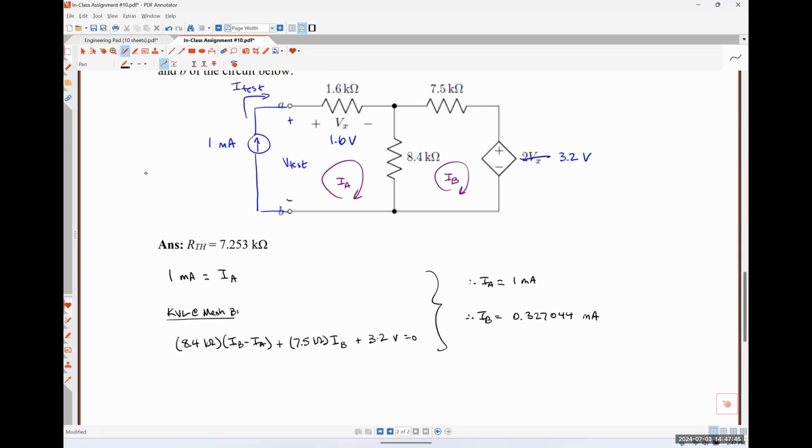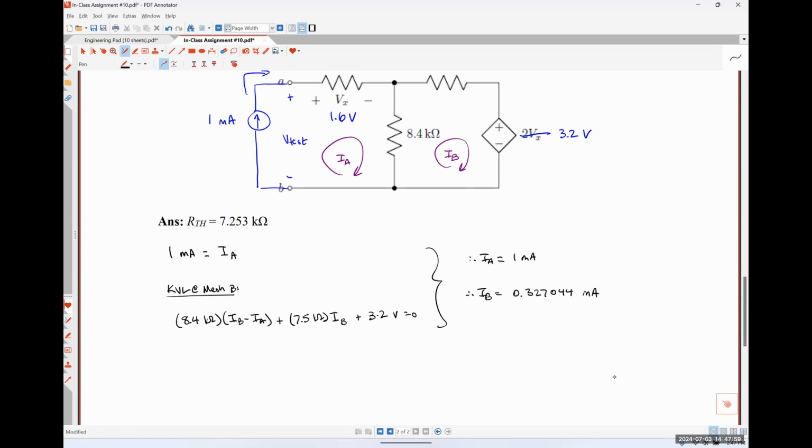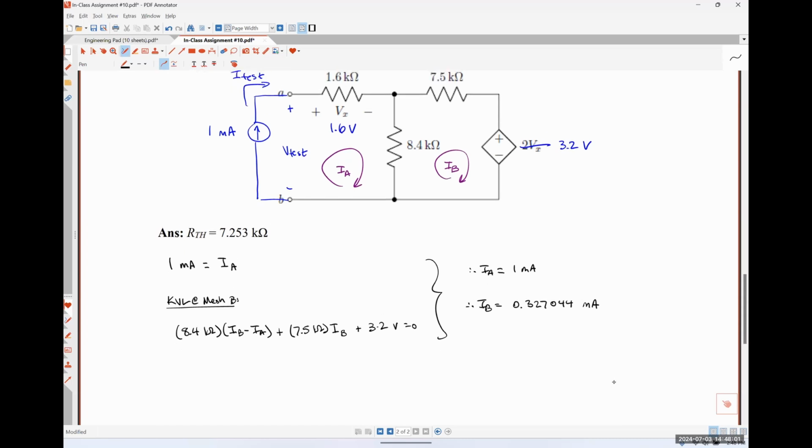We'll do a KVL around IA. So we could do a KVL around IA. We could also do a KVL around the outside. Either of those is valid. Because you suggested KVL around mesh A, let's do that. So we're going to have